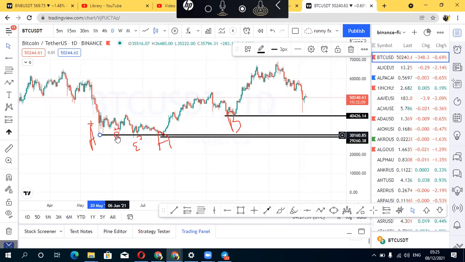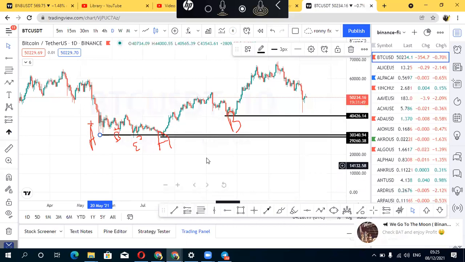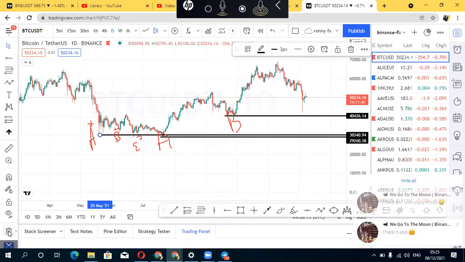Now, if I find a situation where the two points of deviation are not on the same horizontal line, they are either higher or lower than another point, then what comes to my mind is that I have to use the technique of trend lines. So it is very clear that if you were trading,